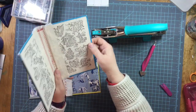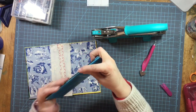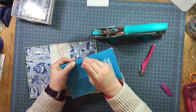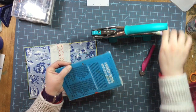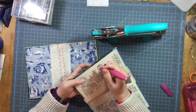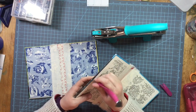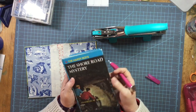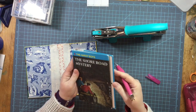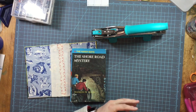Now that I have this hole here, I'm going to mark across for this hole so that I can put this hole here. Doing it this way, that ensures that for sure you've got it across and you're in the right place. Okay, so now